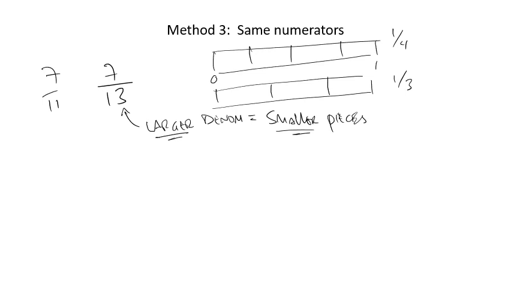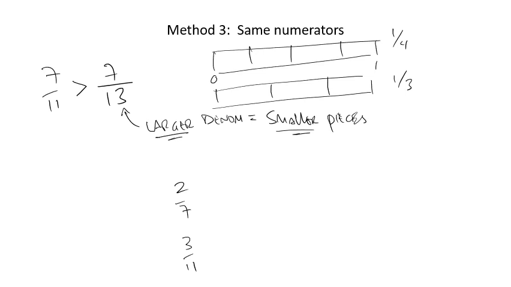But this 13th is the larger denominator, so these are smaller pieces. So the 7/11ths is going to be larger. It's the same number of pieces, but the pieces are bigger. So I have the same number of bigger pieces. That makes this the larger fraction. Now, if we do the same thing with our 2/7 and 3/11,